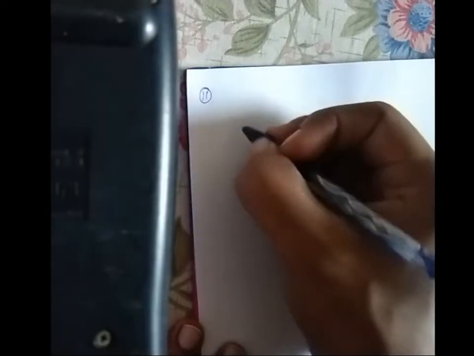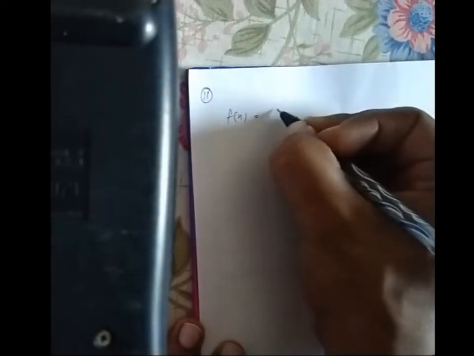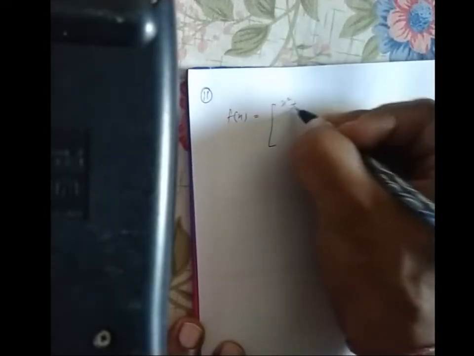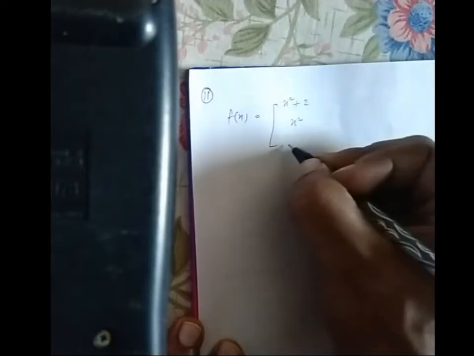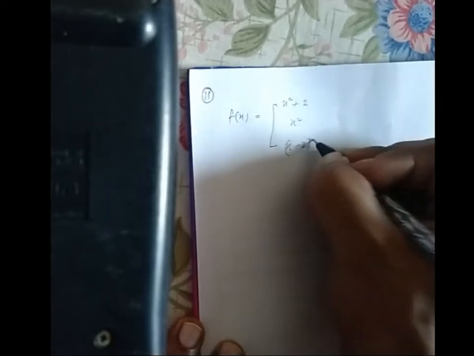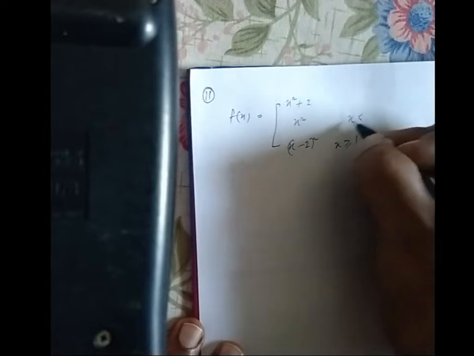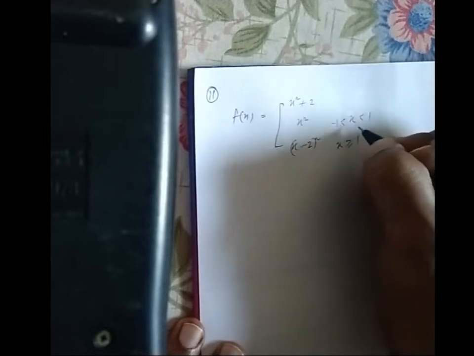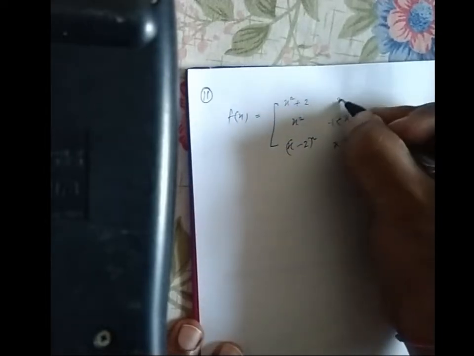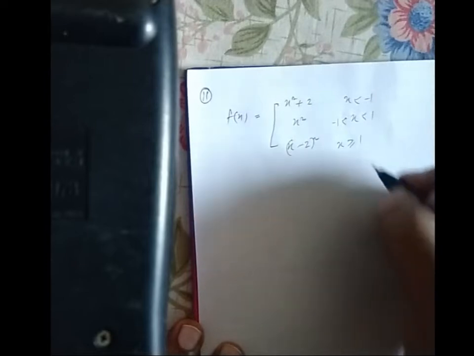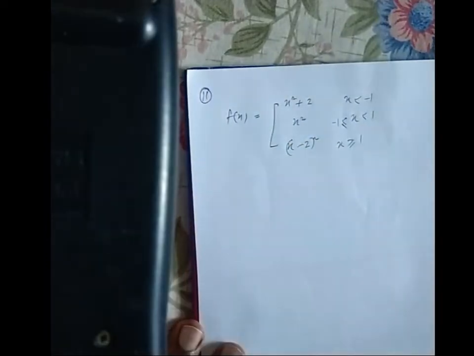Moving on to the next question, question number 11. So we have been given the function f(x) is equal to x square plus 2 x square and x minus 2 whole square. This is for x greater than or equal to 1. This is between 1 and minus 1, and this is x less than minus 1. So this is equality over here. Okay,